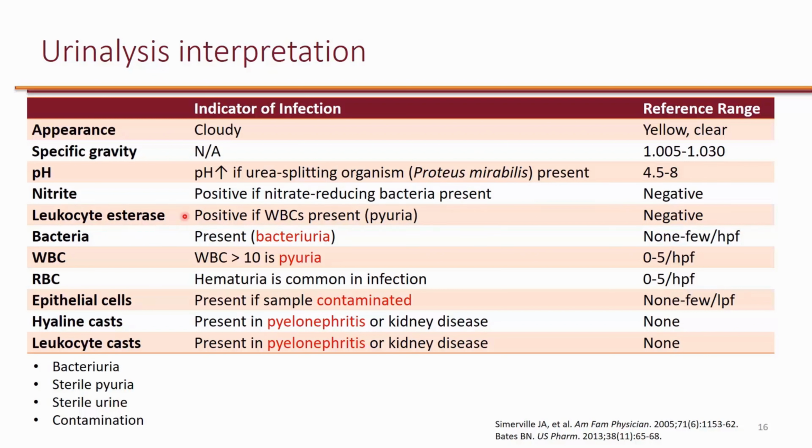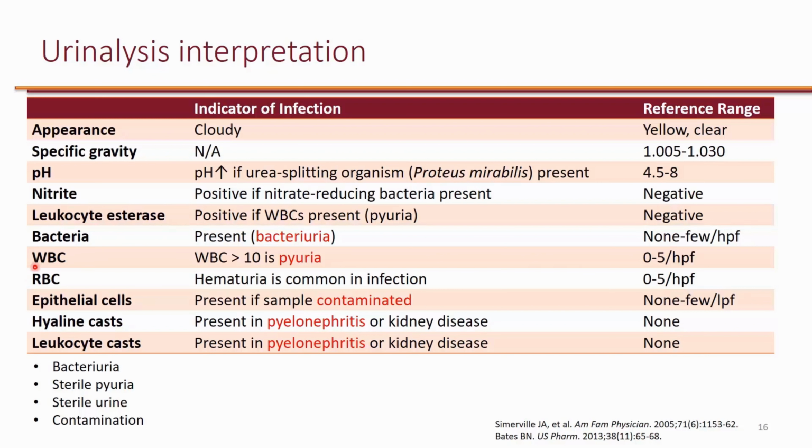If you find leukocyte esterase, that means white blood cells are present, because these esterases are released from the white blood cells of the body. We call this pyuria. Pyuria means the presence of pus in the urine, or more specifically, the presence of white blood cells, or leukocytes,